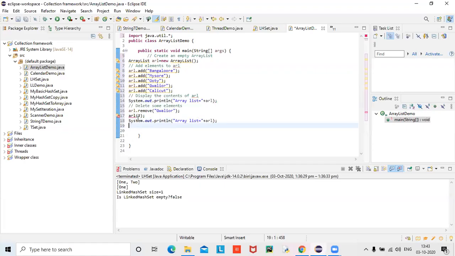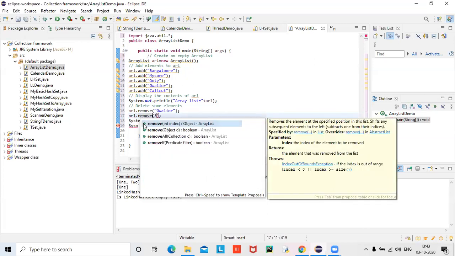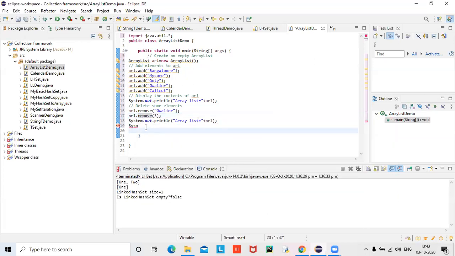Now I want to display the size of this array list. In the previous line we forgot to write remove, next to Gwalior. Okay, fine. So here I want to display the size of the array list.